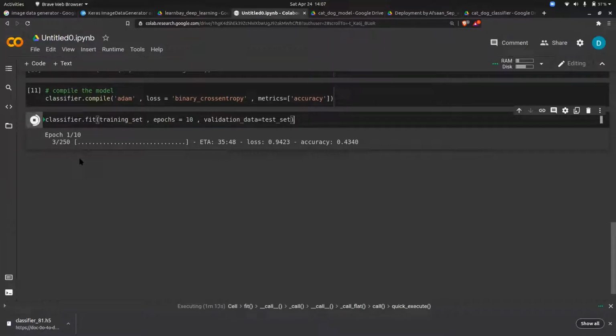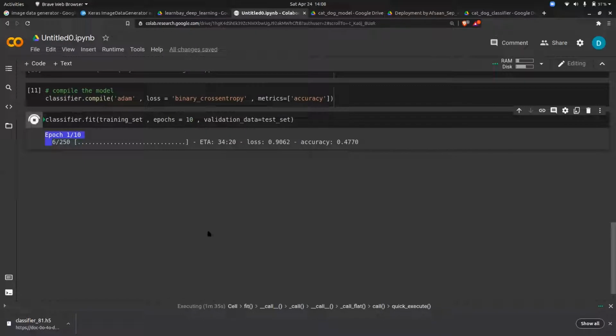The problem is that it is taking this much time because everything is getting loaded into RAM, and then it tries to predict. Once epoch 1 is done, the second, third, and fourth epochs will be very fast because everything is loaded in your RAM. Everything is getting loaded in your RAM step by step, so that's why the first epoch takes time. Is this clear to everyone?